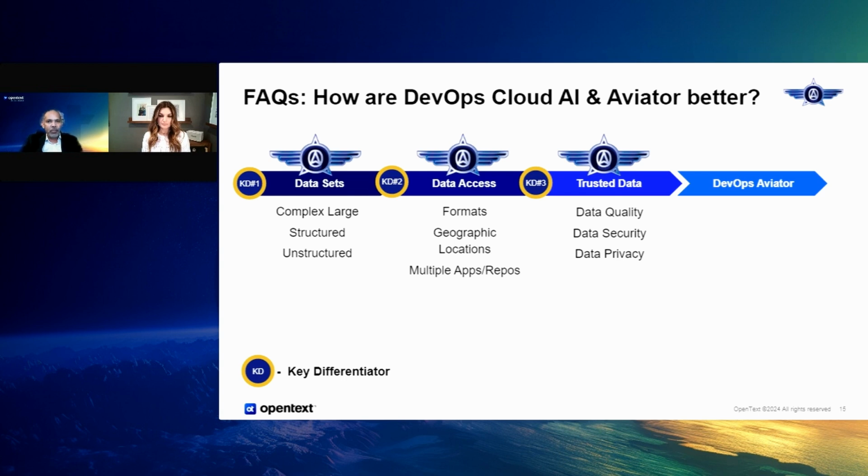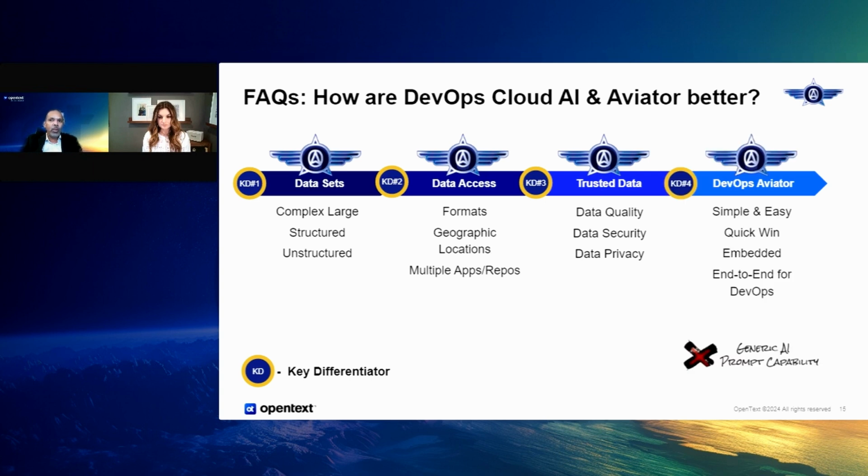Now, having all this information from a data perspective, think about either using a generative LLM or maybe building your own, starting from scratch, including developing the model and then training and fine-tuning the model. It takes a lot of time and effort. I'm not sure even that will get you up to the speed you're looking for from a business perspective. That's where, again, our DevOps Aviator comes into play, where it is rightfully embedded within the platform. What that means is it's very simple and easy to start working with, having an interactive generative AI prompt capability, and that is a quick win for the business. So these are the 4 key differentiators we have seen,